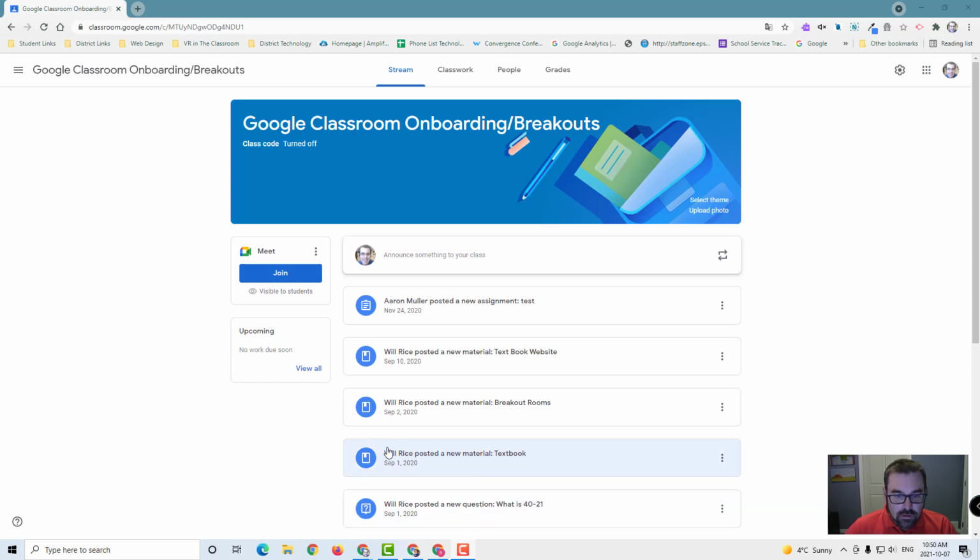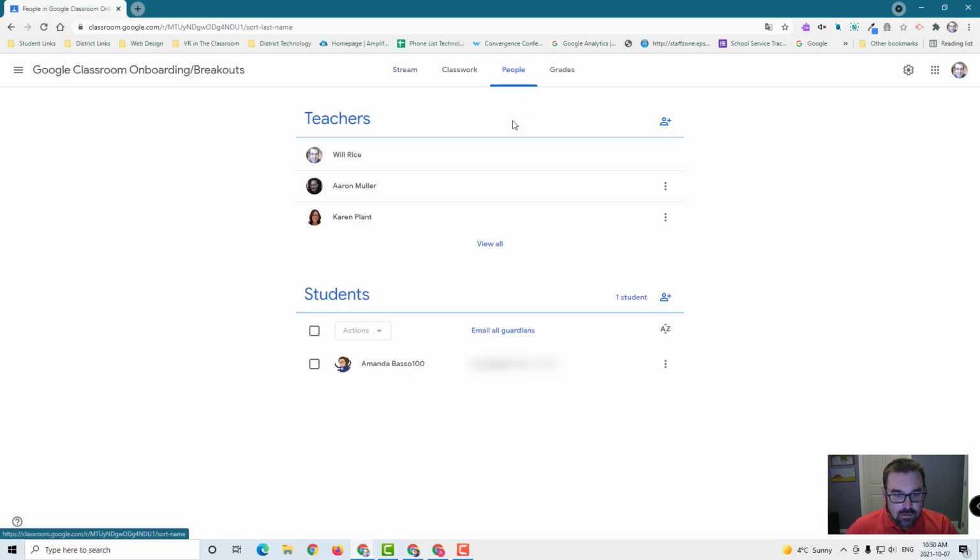The main advantage of upgrading your link, beyond making it easier for students to see, is that now, when joining a meet, the meet created will be linked to your people in your class. In this case, by using this Classroom Join button, all teachers listed under the Teachers section will be automatically made co-hosts, enjoying all the abilities to manage the other participants of the meet without having to assign them manually,